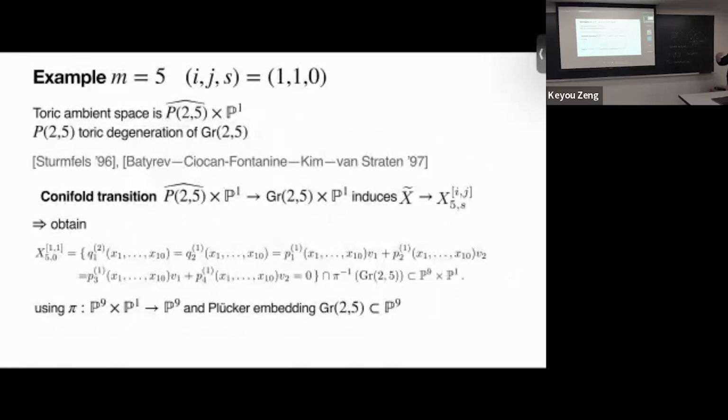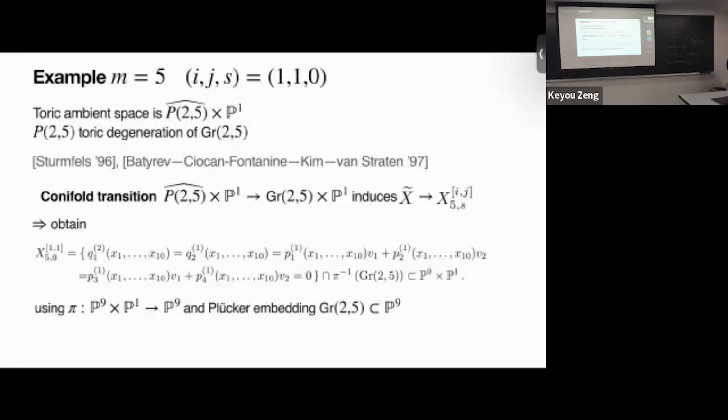In this case, if you want to make a connection to the toric world, the way to do it is you take a toric degeneration of your Grassmannian and a suitable resolution thereof. Your toric ambient space is now this P25 hat cross P1, and the conifold transition between P25 hat cross P1 to the Grassmannian cross P1 is what induces this relationship between the X5 Sij and the X tilde. As a result, we get a very explicit description